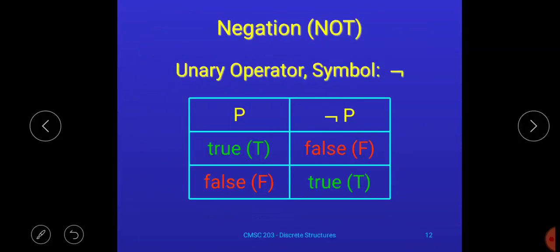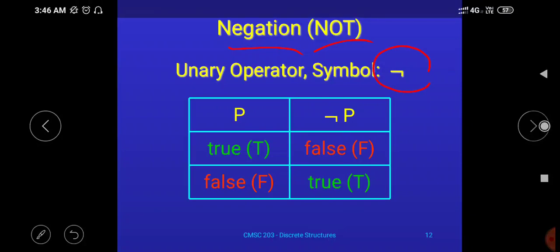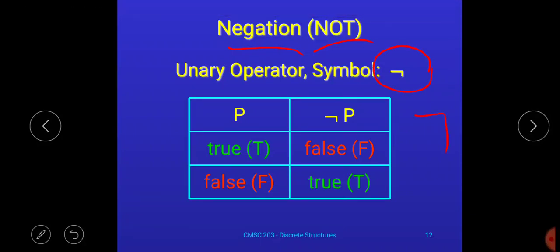So the first logical operation, as I said earlier, is negation. The keyword we are using for that is not, and the symbol that we are using for denoting negation is this symbol. Or sometimes in some books you may get a symbol for denoting negation like this as well. So either you can use this symbol or this symbol. Let us discuss the truth table of not.